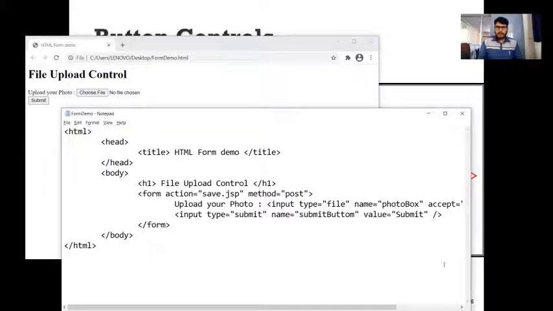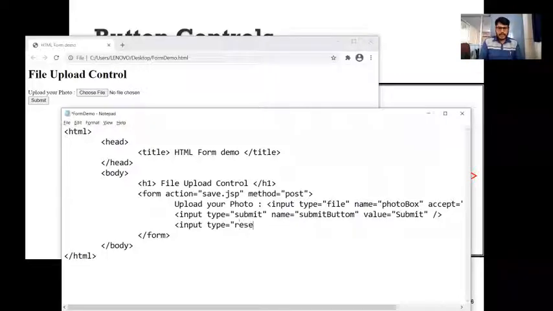Along with the submit, suppose I want to create a reset button in front of this. So again, let me press enter here. Now I'm going to use the input tag once again, but the type I need to mention is reset. This reset button is used to clear all the selections, or to clear all the data which we have entered in the form.